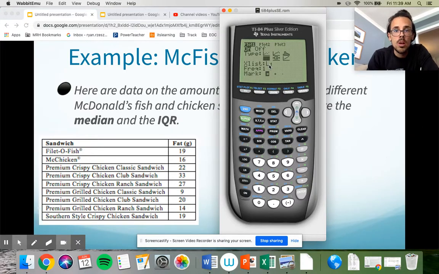I've got L1 for my first one, frequency, that's fine. I'm going to go back now to 2nd, Y=, and I'm going to turn on my second graph as well. In my second graph, I'm going to also do a box and whisker with outliers. This time though, my list of numbers is not L1. I already did that. It's L2. To get L2, I just hit 2nd 2, and it makes it say L2, and they're both in there. Now I'm going to graph it. I don't really see much. So remember, you go ZOOM, Stat, ZOOM 9, and